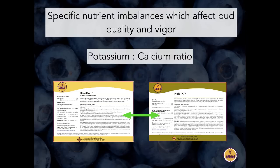Now, I sometimes get asked the question, well, can we wait to put on these applications until springtime? And the answer is yes, you can. And you can still achieve benefit and have an effect on freezing resistance and pollination, all these various things I'll be talking about, by putting these nutrient applications on in the spring. But you will only achieve about 30 to 40% of the results that you will when you apply them in the fall. So there is a much bigger crop response with a fall application, because when you apply these nutrients on the leaves in the fall,